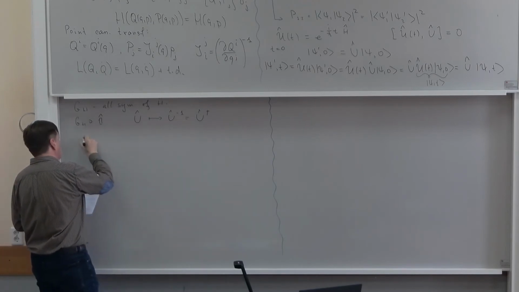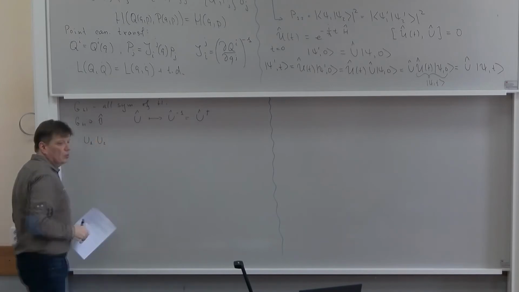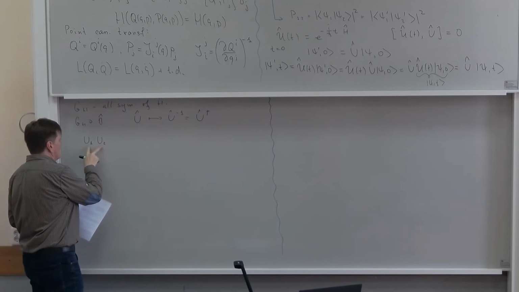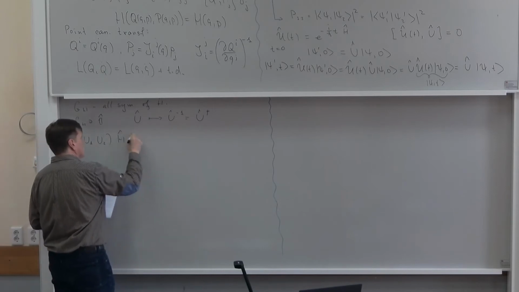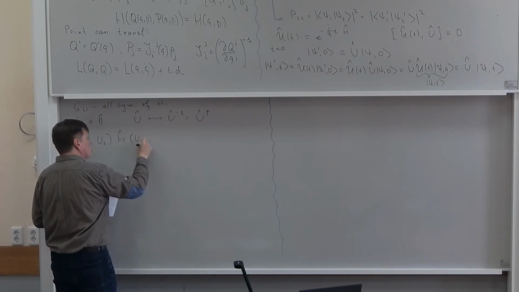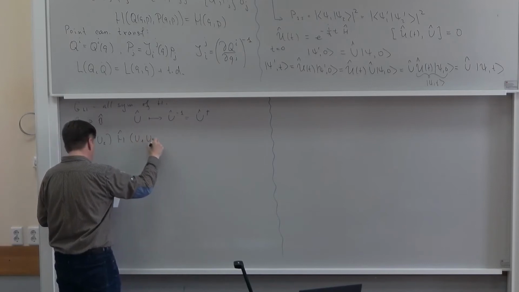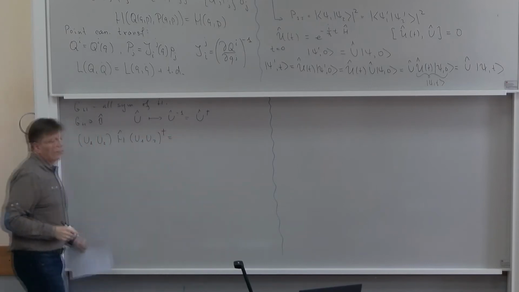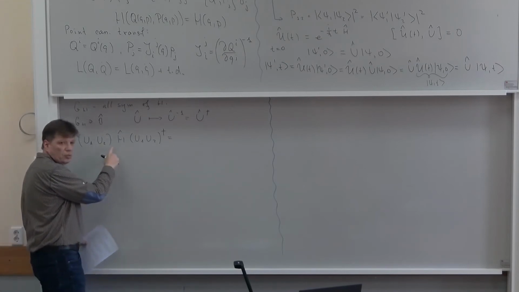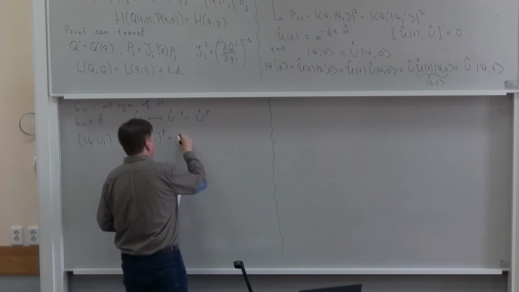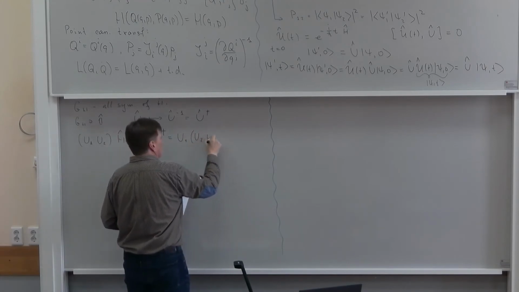Suppose we have a symmetry U1 and a symmetry U2, and we consider the product of these two operators, making the sandwich of U and H. Because of the associativity of the operator product, we can write this as U1, U2, H,